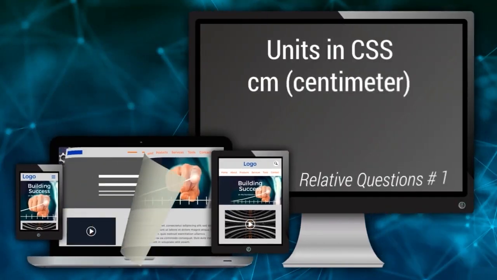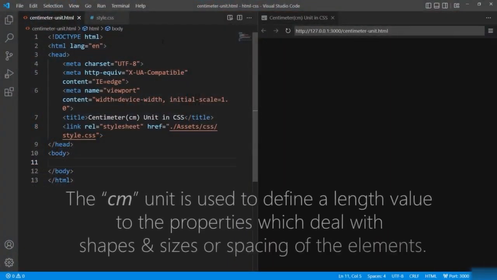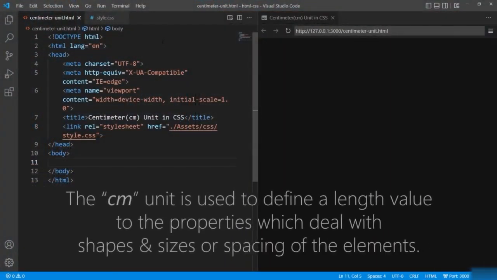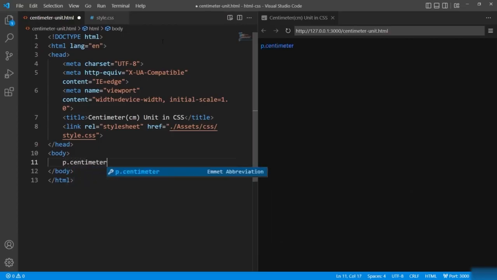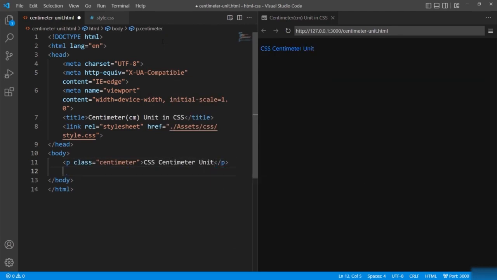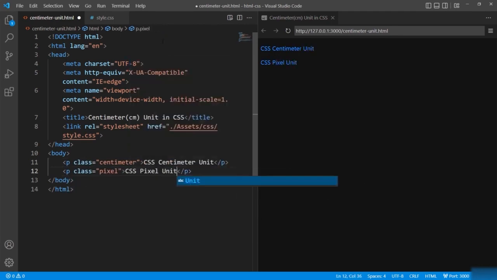The centimeter unit is used to define a length value to the properties which deal with shapes and sizes or spacing of the elements. Let's check it practically. We'll compare centimeter unit with pixels. So I will create 2 paragraphs inside the body. One will have the class name centimeter and the other as pixel. Now for the